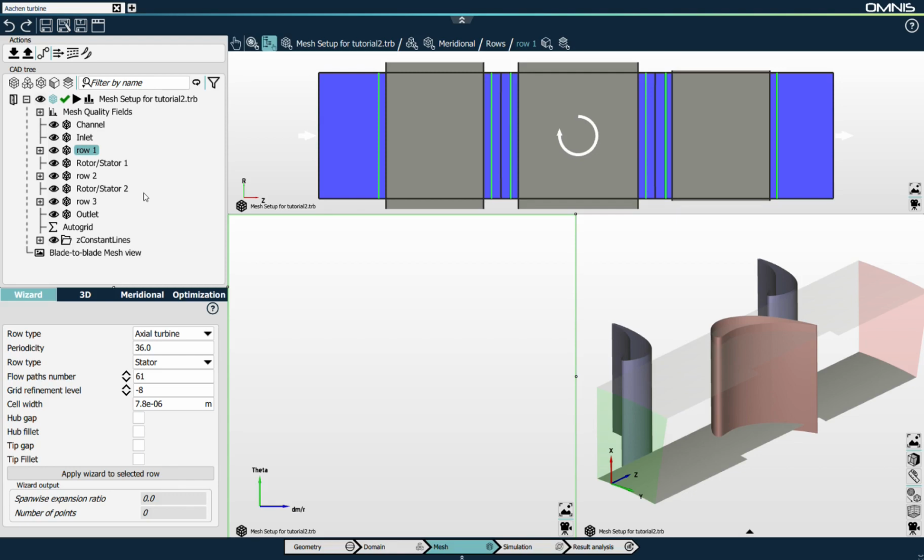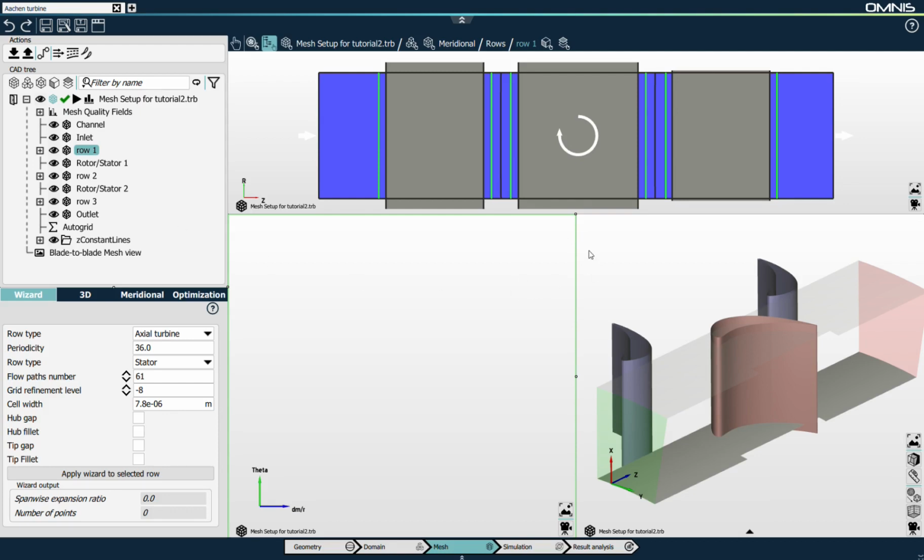The family tree is the representation, the structure of the application that I'm studying. Also, thanks to the fact that we have every tool in the same environment, I'll see the same family tree, so the same geometrical description of the application, whether I'm importing the geometry, generating a mesh, running a simulation, or performing analysis. Below the family tree, you have the property panel. It's the part of the interface where the user will set all the parameters of his project.